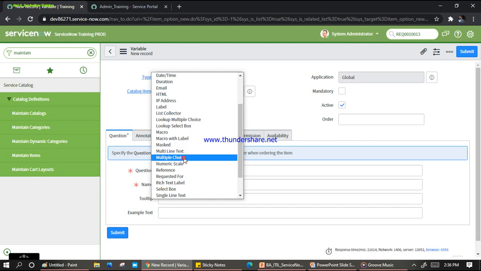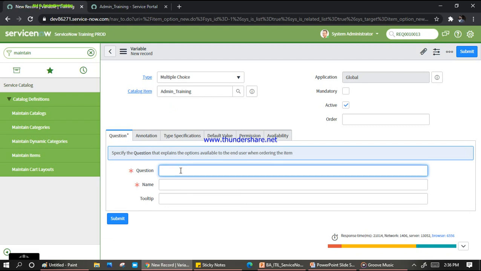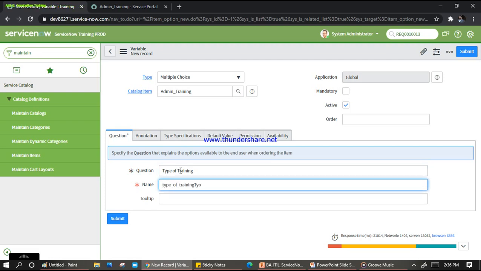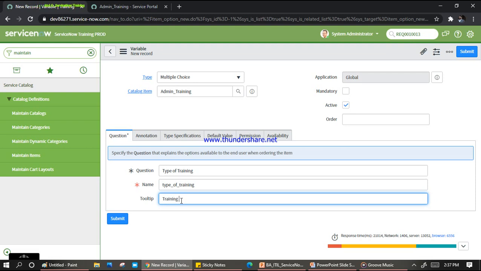Yep, multi-choice I'm putting here. Type of training, I'll just put one. Yep, so by default it's coming like this. Training type. Okay, the rest I'm not picking anything as of now.